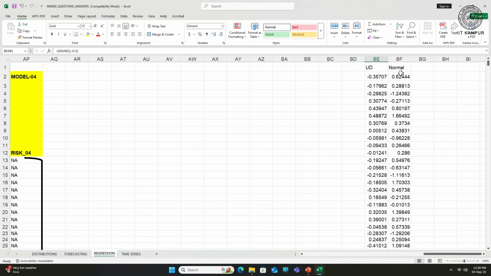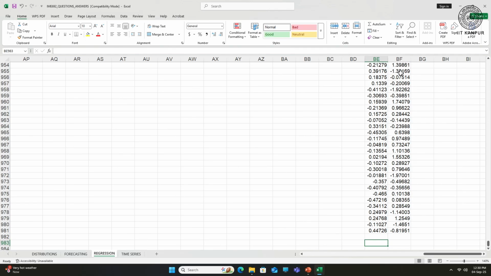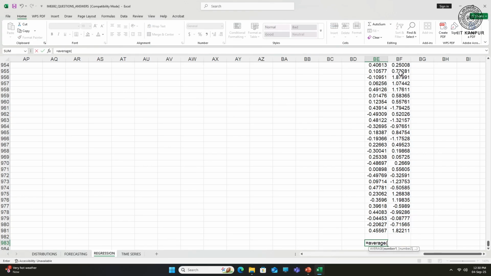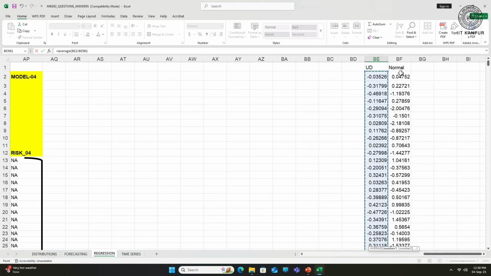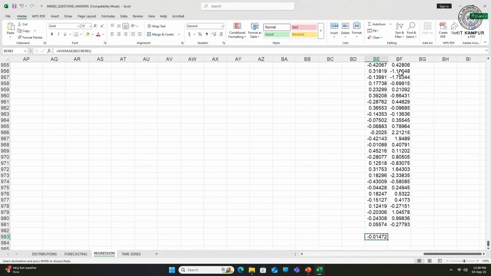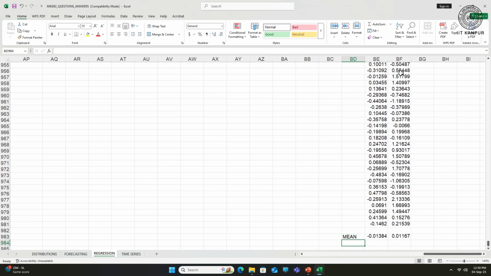Now, if I consider the mean value, so average, sorry, it should be average. And this is average here. So, the average value for both of them comes to be almost 0. Interesting. Now, for this uniform random, what is the A and B value? So, I will write this as mean